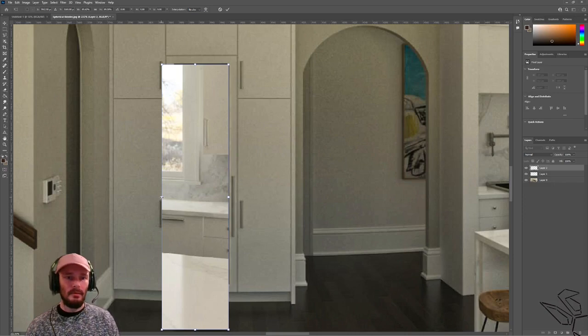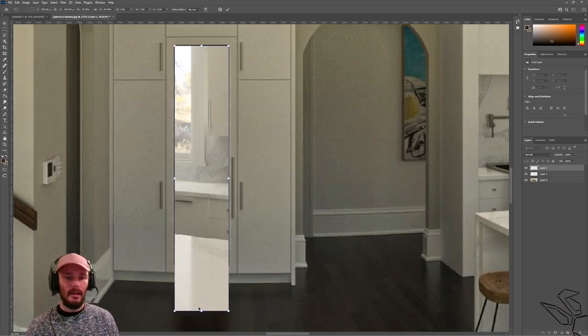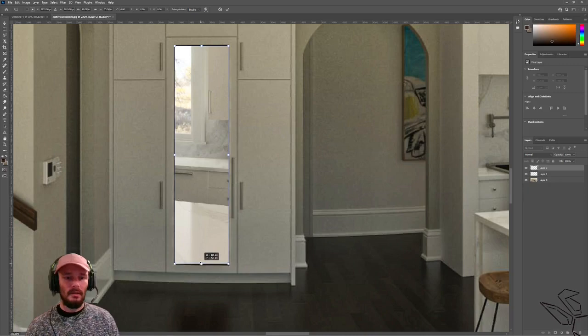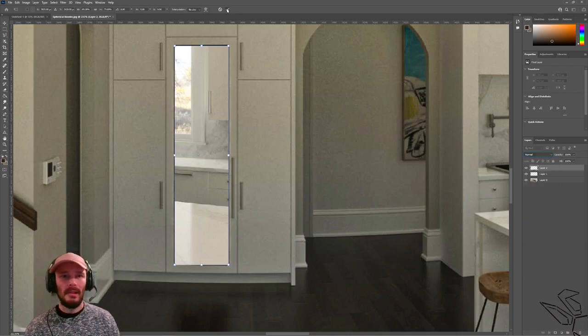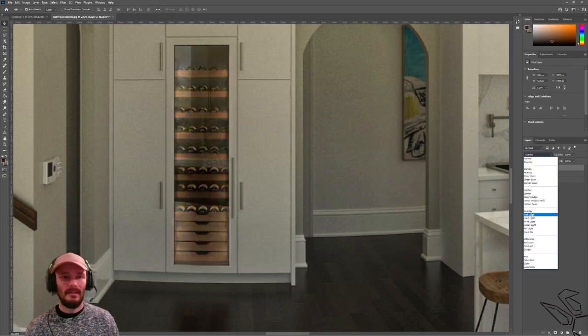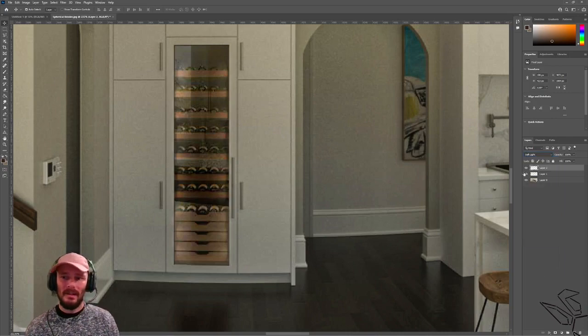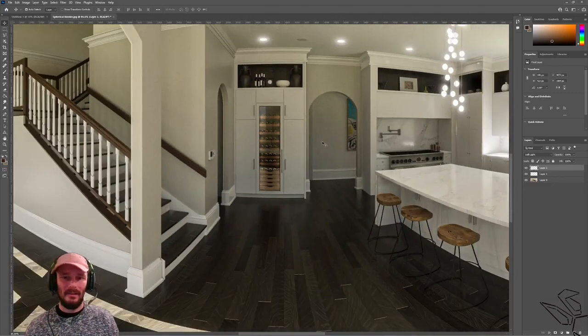And if you haven't guessed what I'm doing right now, I'm creating a reflection. And I don't really care what the reflection is, to tell you the truth, because you're not going to care either. Then I'm going to change the type here down to, let's see. Well, let's commit this. Let's commit the size change first, and then we can change our type maybe to, there we go. Look at that, soft light. Look at what that does. Right, so we can turn that on, off, on, off. Look at that. That's starting to look pretty good,